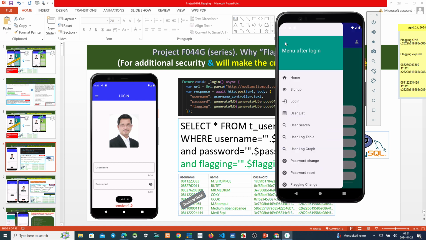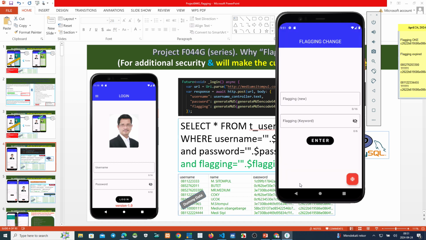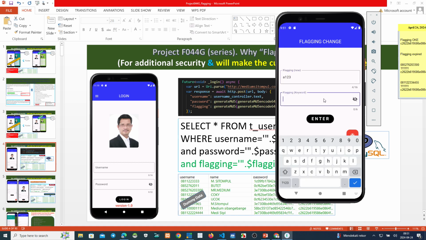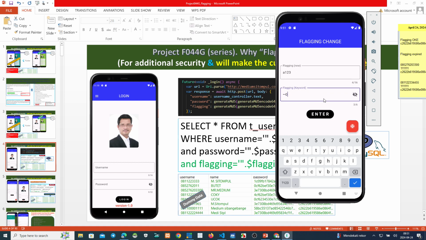I have put this one, flagging change. Click here. You can make a new flagging, up to you. For example, A1, 2, 3, it's okay. And then this is the password, the keyword.